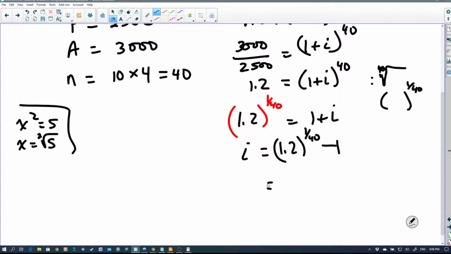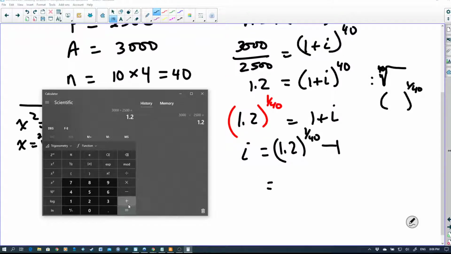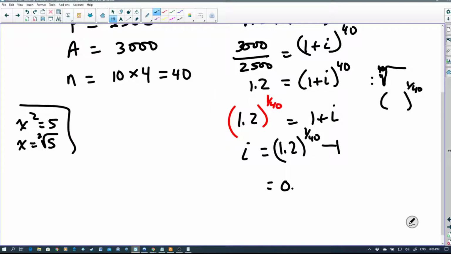So I'll take out my calculator. Let's clear this all out so we have a fresh start. So we're going to do 1.2 to the power of bracket 1 divided by 40. So you do have to put a bracket around the exponent. Notice that I didn't put a bracket around the 1.2. I didn't need one because it's the only thing being raised to that power, but I absolutely needed a bracket around the 1 divided by 40. Minus 1, and that gives us 0.004